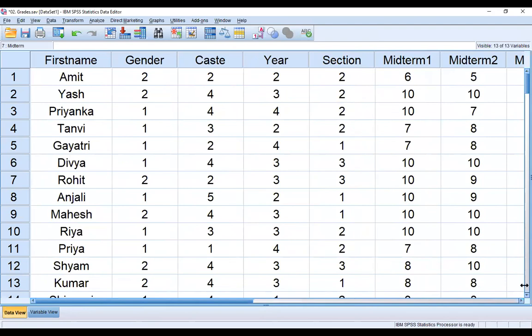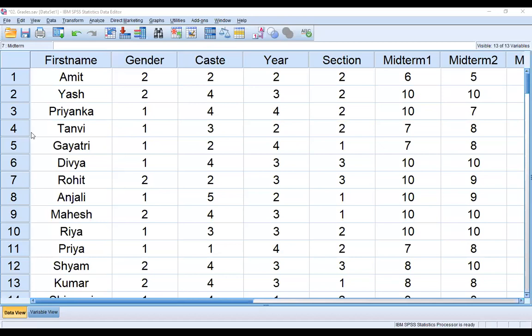In our case study, male students are studying as well as female students. If I want to analyze only male students or female students, then what will I do? Here I want to analyze only female students' data.